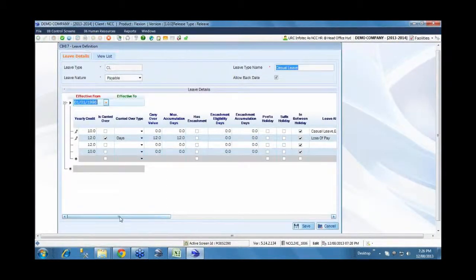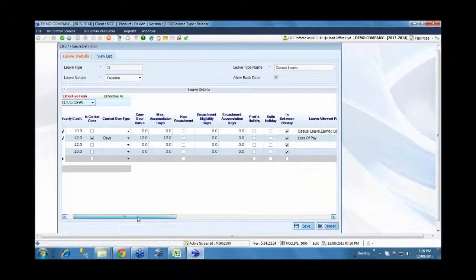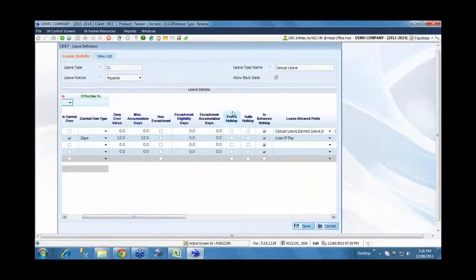Each leave we can have a definition, say effective from a certain date. This is a policy of the hospital, and this policy can change from one period to another. So whenever it changes, we can close it, saying that as of this date this policy is inactive, and specify a new policy effective from a new date.